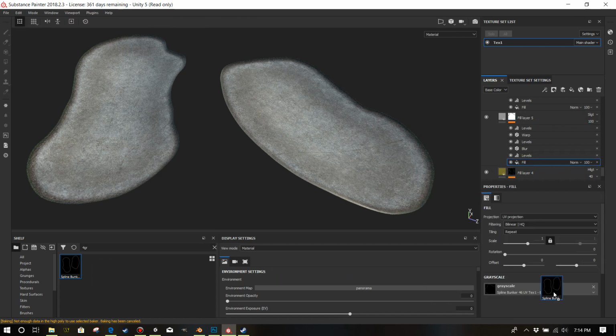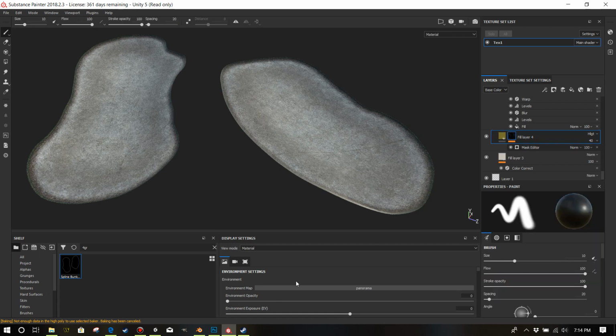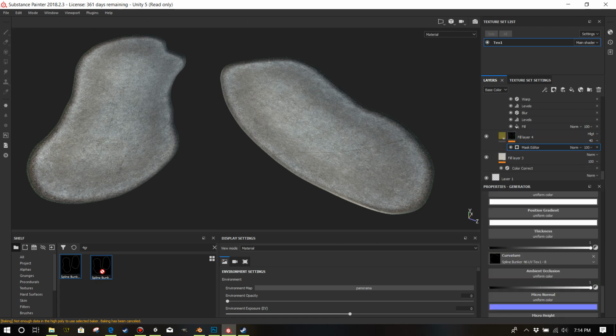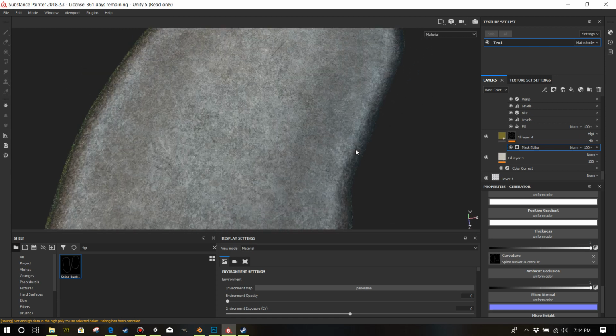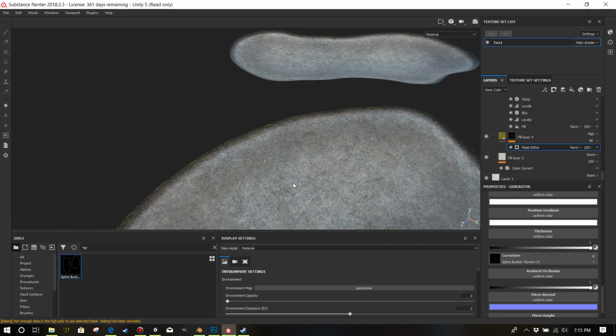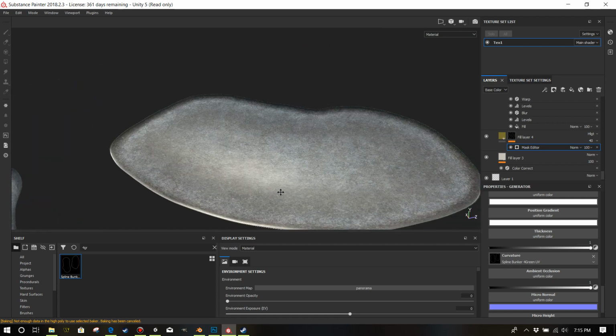I'm guessing Rob might tell you he could hand paint it faster than this. Maybe he can. Hand painting drives me nuts. I just don't like the lag in Unity. Alright, so now I'm done. You see, I didn't do anything other than drop that mask that I made